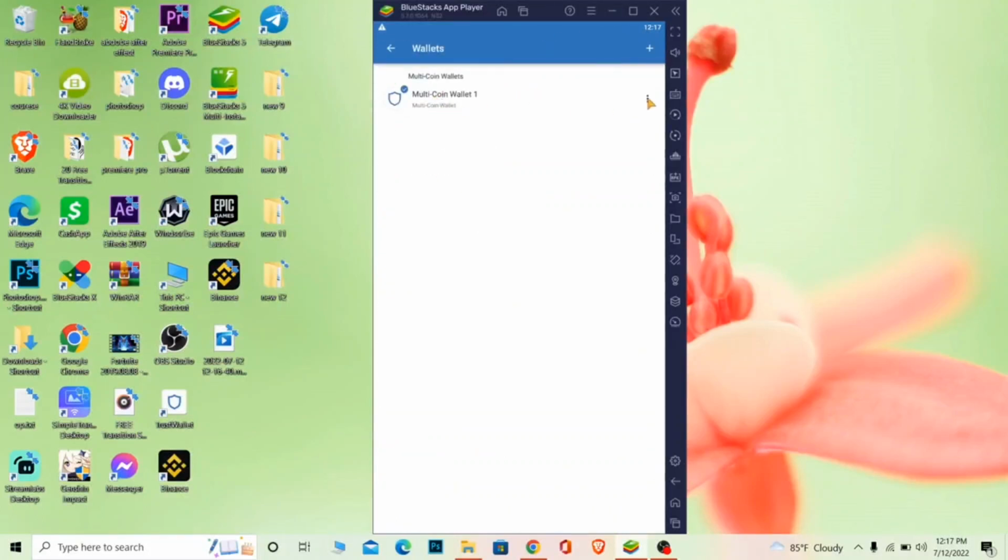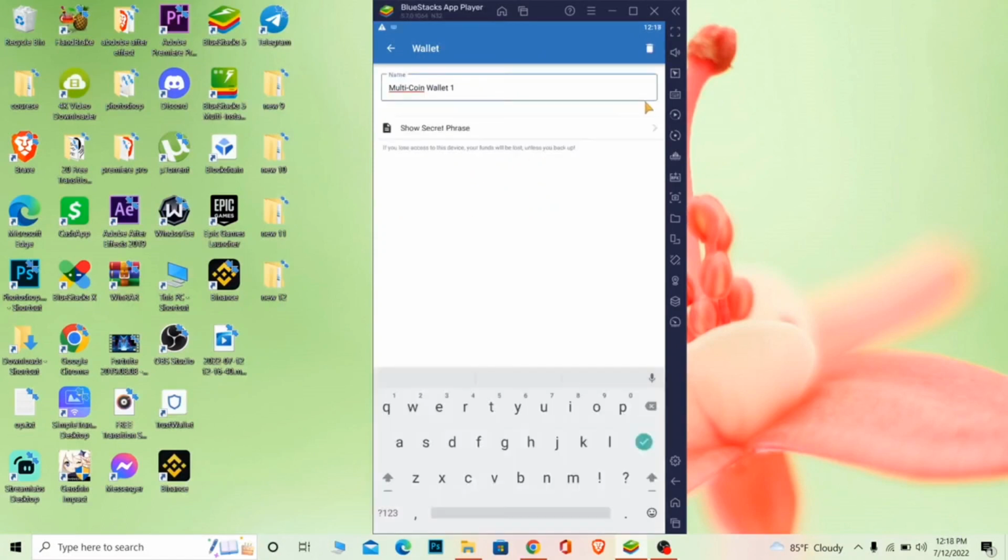multi-coin wallet over here. You can click on the three dots right beside the wallet. Now I named my wallet multi-coin wallet. Now your wallet name might also be multi-coin wallet, or it might be different, alright, but it doesn't matter. All the wallets which you have currently logged into are going to be shown over here, and the wallet which you want to log out from, you can click on the three dots right beside it, and you can click